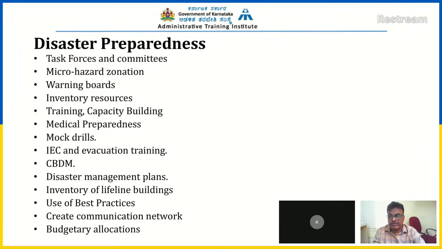Budgetary allocations are also very important. Every year we need to allocate budget for disaster management. That is mandatory under the Disaster Management Act 2005. Every department, institution, organization, and local body must allocate a certain percentage, depending on the type of disasters and vulnerability, and prepare action plans and implement them so that disaster risk is reduced every year in that area. So these are very, very important. What I was explaining is very practical. You must all understand why preparedness is very, very important in the management of disasters.